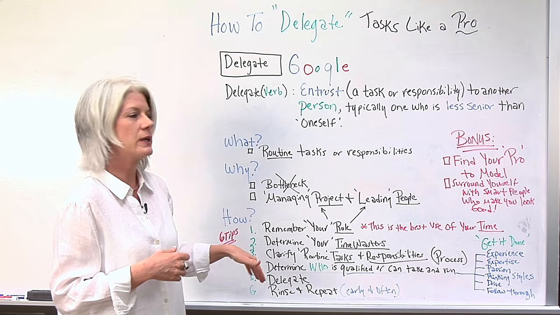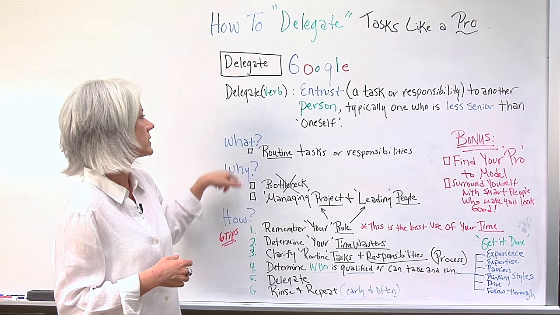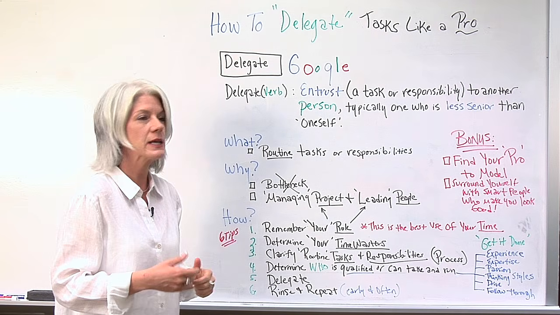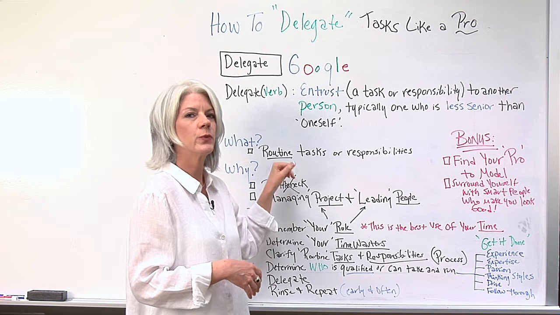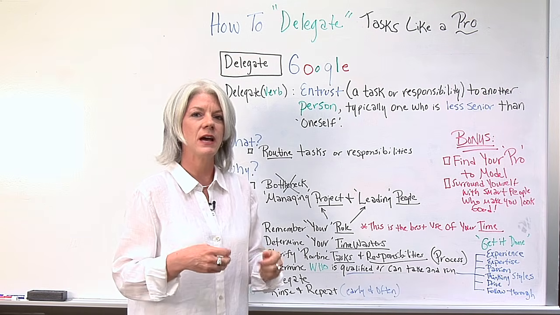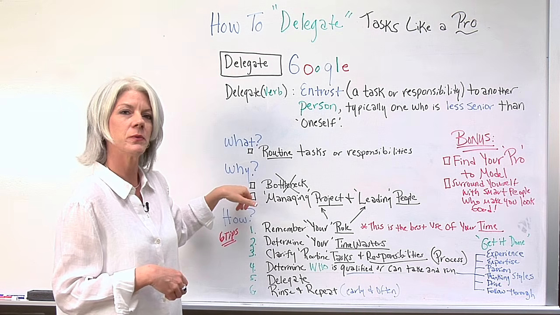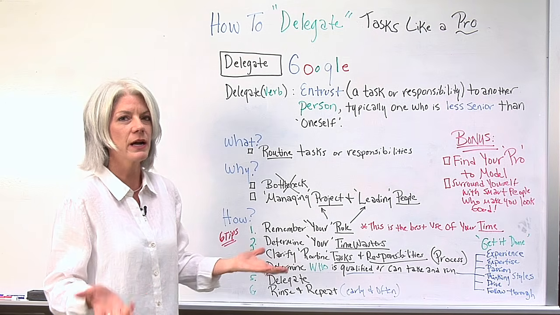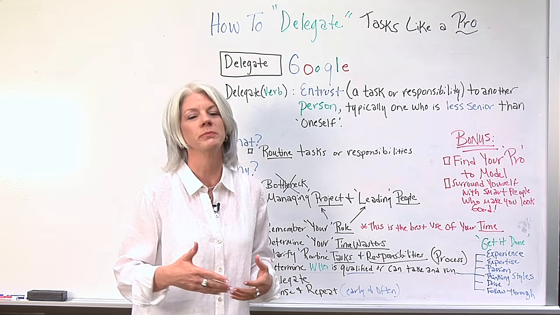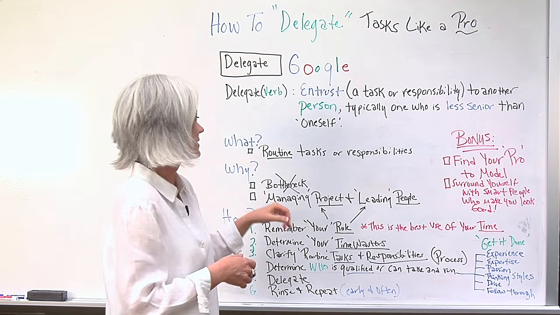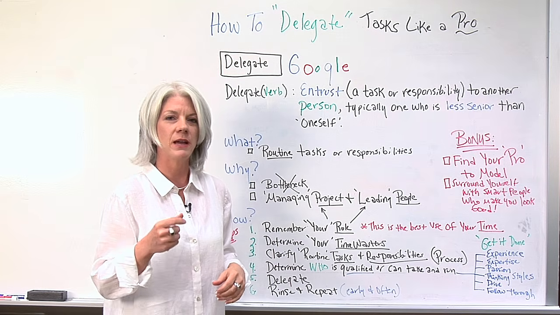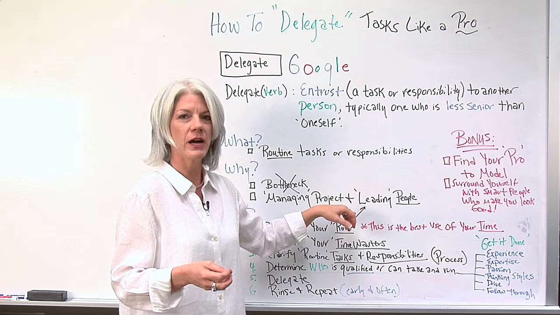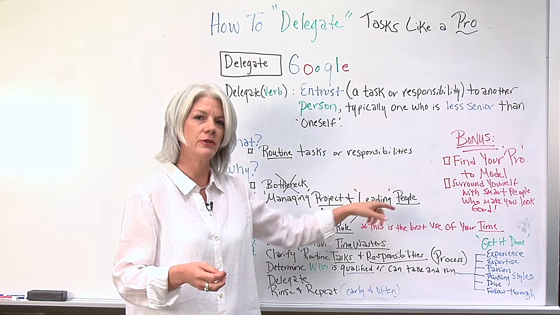So before we go into the 6 tips I want to offer, I want to start from what. Okay, so going back to the definition, what do we want to delegate? So we need to define what routine task or responsibilities that we want to delegate. And why do we want to do that? Because you, as the project manager, you don't want to become the bottleneck of the project, right? So if that's the case, you're going to be part of the problem of your own derailed project. And you want to focus your time, you want to spend your biggest bang for the buck on where it's more important for you, and that's managing projects and leading the people on your team.